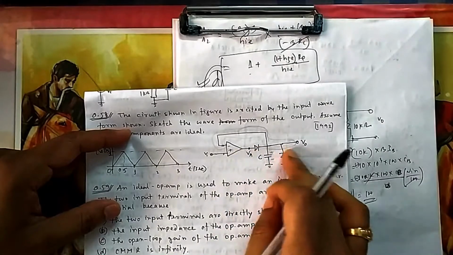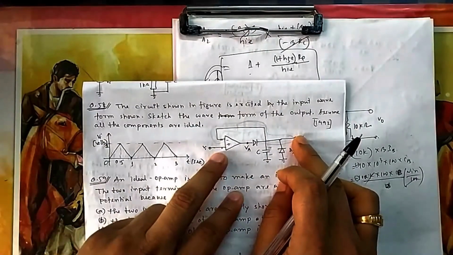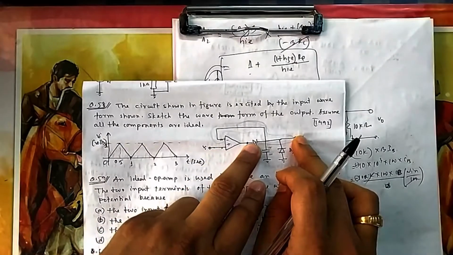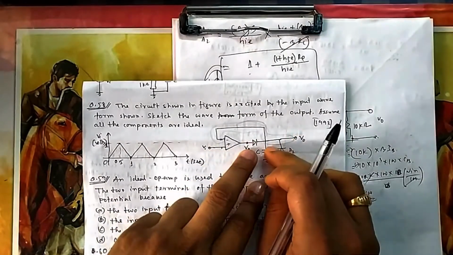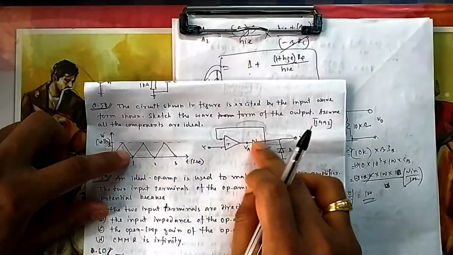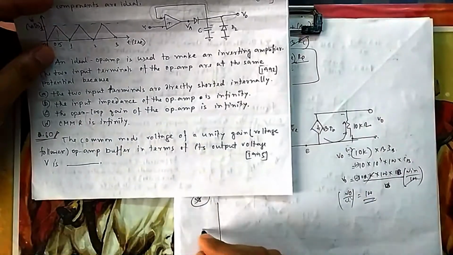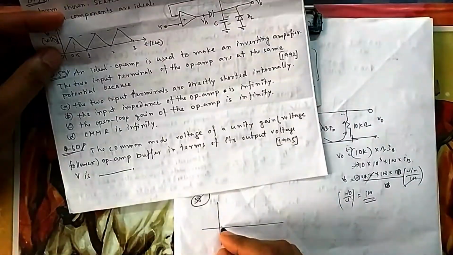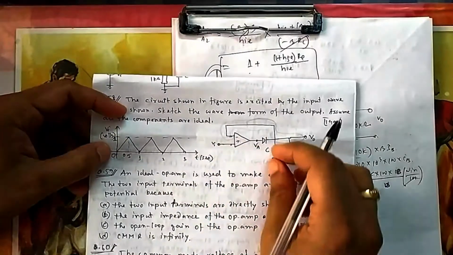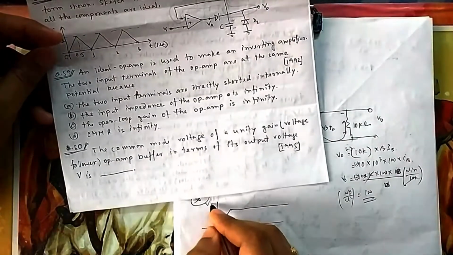This is off from the starting itself, but initially you can think this is on, because when there is no V0, this side is positive, so this diode is on. But when it becomes positive, the capacitor is charged up to this and this is now lower, so this becomes reverse bias. So ultimately your graph will look like this: initially it will follow this, and once the capacitor is charged, there is no path for discharge, so it will maintain this voltage, and that will become your V0.